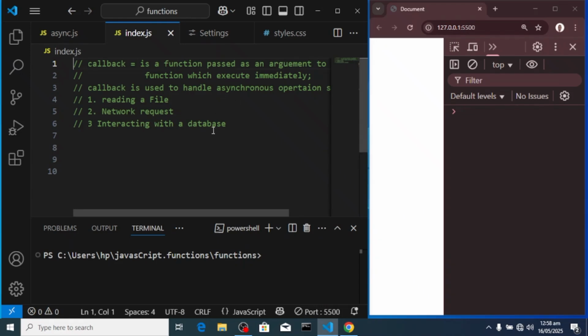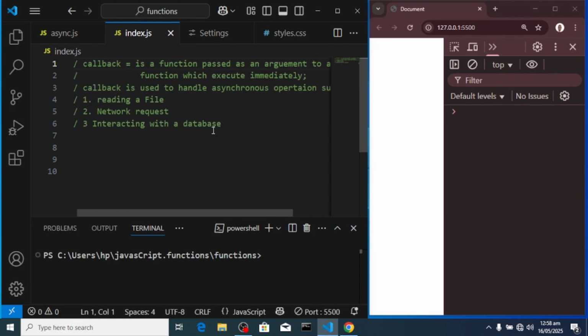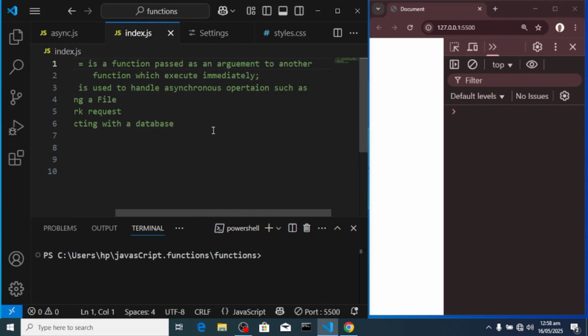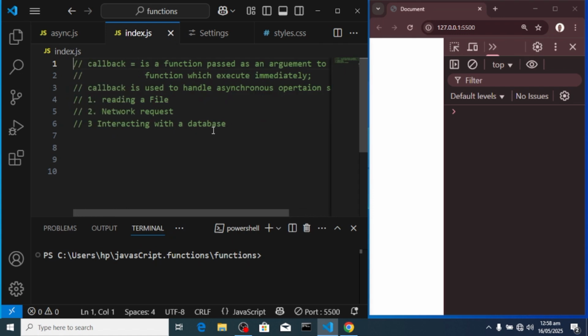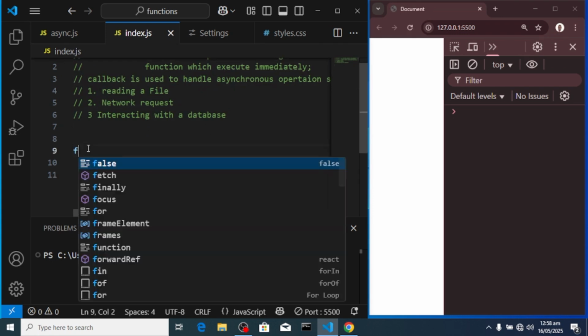Callback is a function passed as an argument to another function which executes immediately. Callback is used to handle asynchronous operations such as reading a file, network requests, or interacting with a database. Let us illustrate what callback is using function